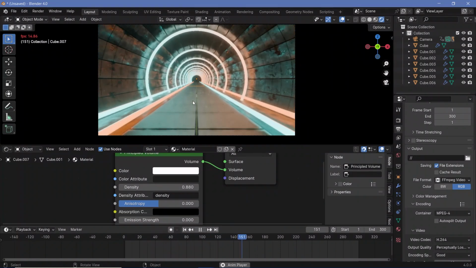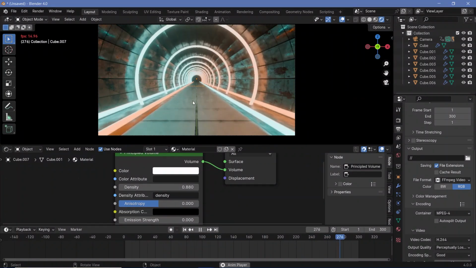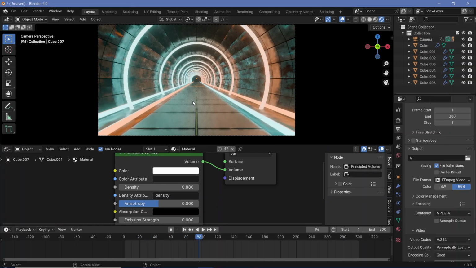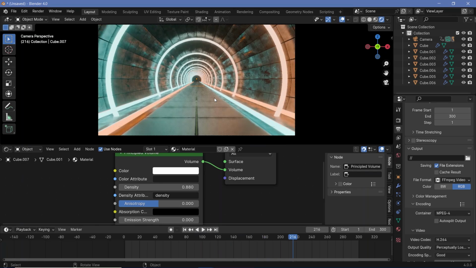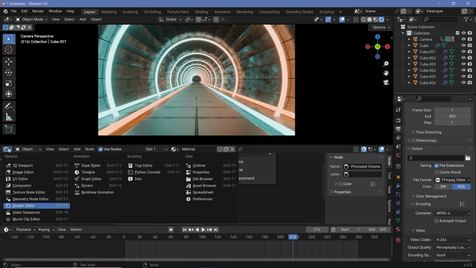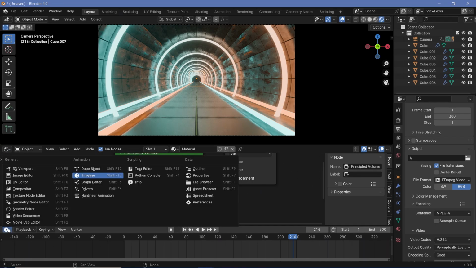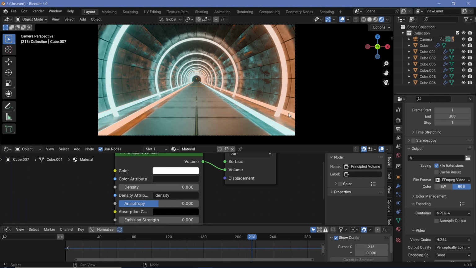Now the next thing that I want to go through in this video, which might actually make this video a lot longer than usual, but I think it's a fun thing to know, is how to add in some type of noise to the camera to make it seem like you're actually running through this tunnel forever. So let's go ahead and switch this from the timeline to the graph editor